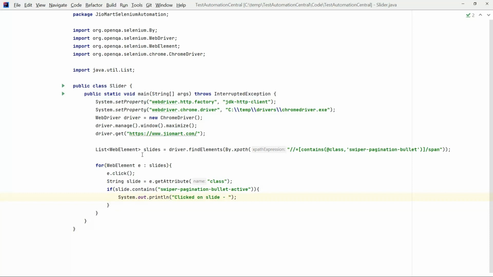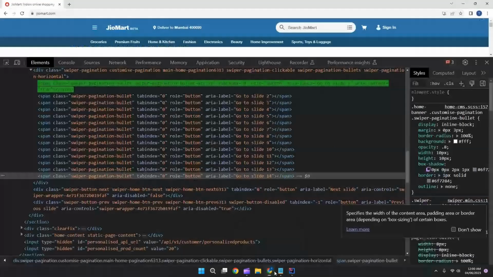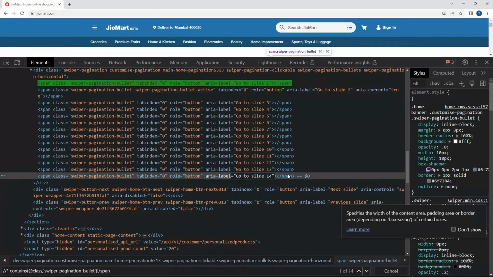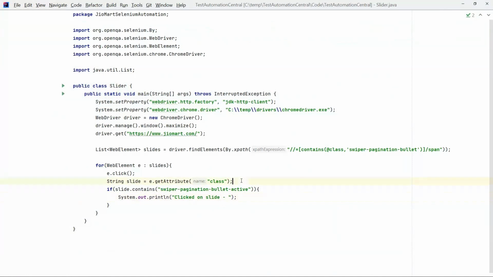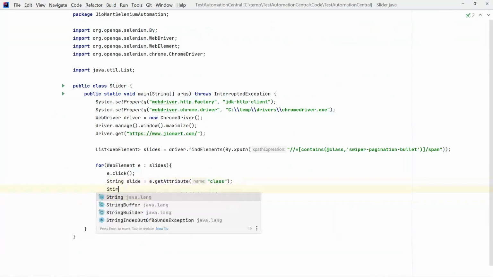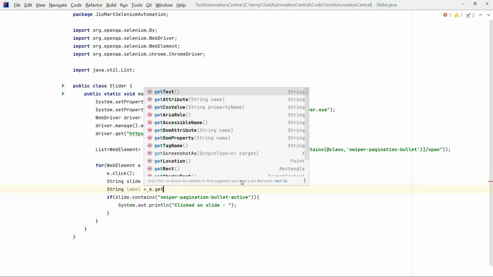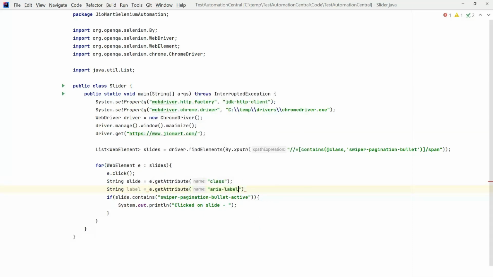Because we are using an advanced for loop, we do not have the indexing. But in the automation, we can print the slides as well. So we have this aria label. Let's copy this label and get it. Just write String label equals to e dot get attribute, then give this aria label. Now we can print this: clicked on, just remove this,